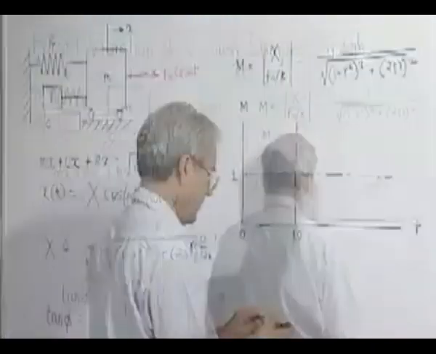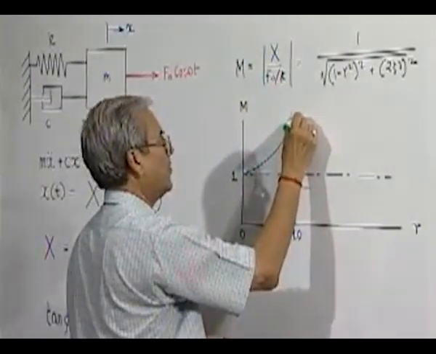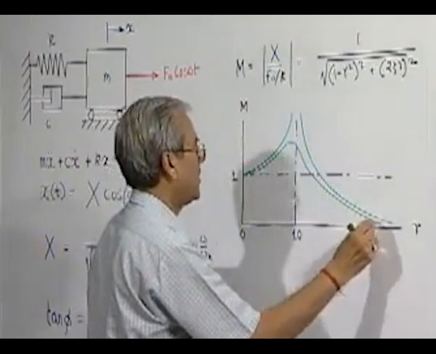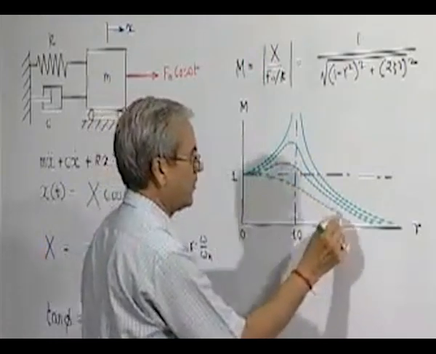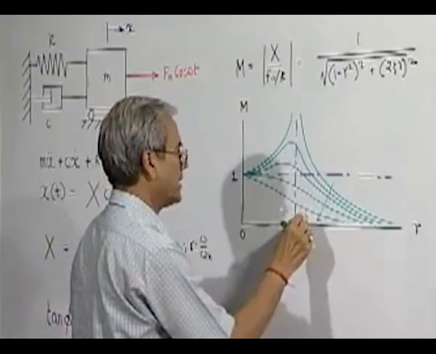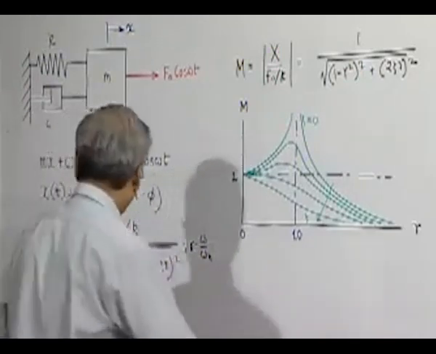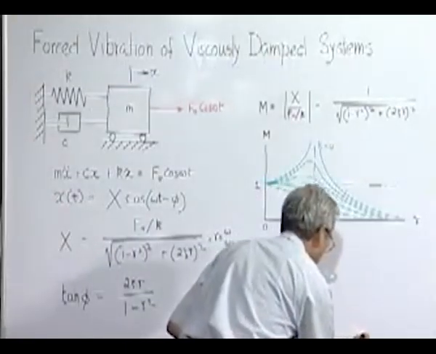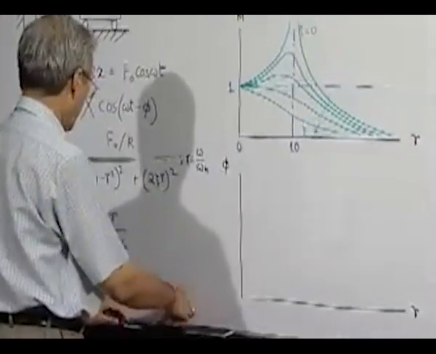and for various values of damping coefficient, as damping increases, and this particular line is for 0 damping. When we plot the phase difference phi, as you can see,